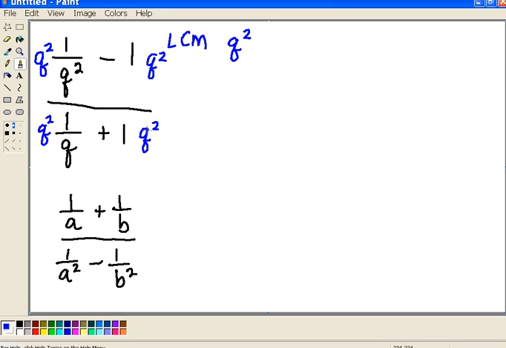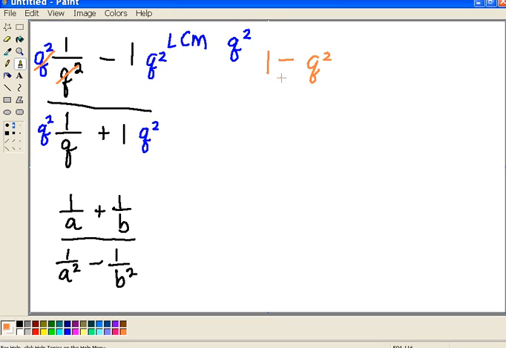And now we just want to see what this simplifies to. Again, you remember to do the fractions because we want to get rid of our denominators, and if you do this correctly, your denominators should all go to 1. Q squared over q squared goes to 1, so my first term here just ends up being 1. And now here, I end up with a negative 1 times q squared, so it's minus